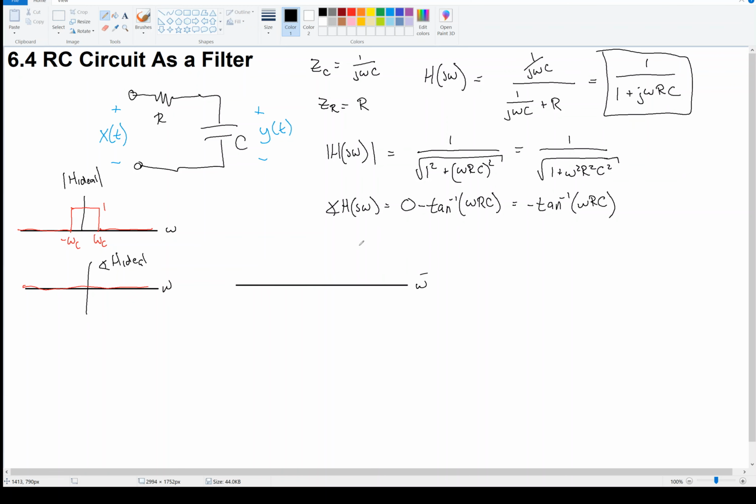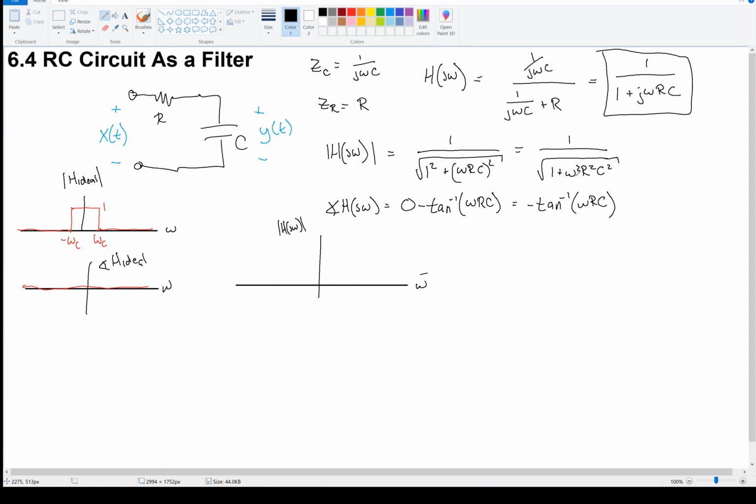So here's the magnitude response of what we're dealing with. Now, we need to make a plot of this. So you're going to choose a value of R and C. You have a specific resistor and you have a specific capacitor. So you can pick values of R and C and then plot this versus